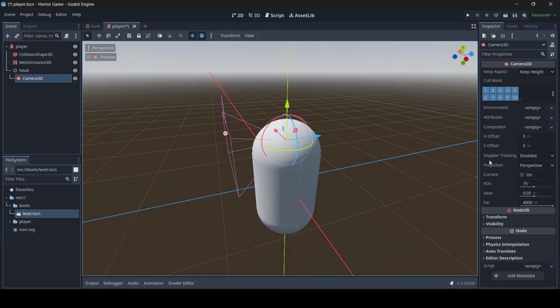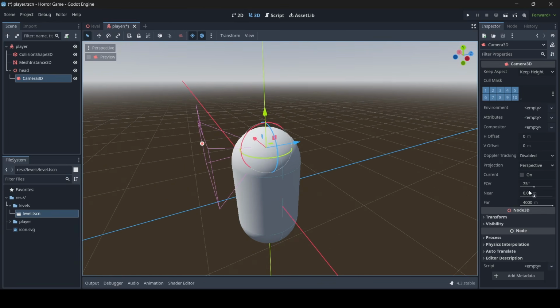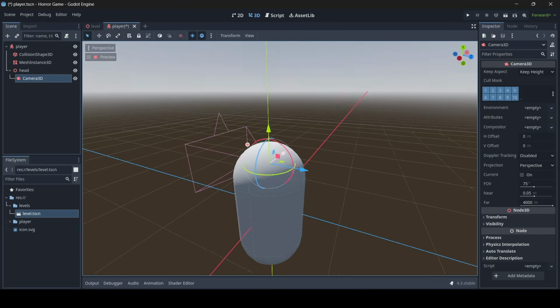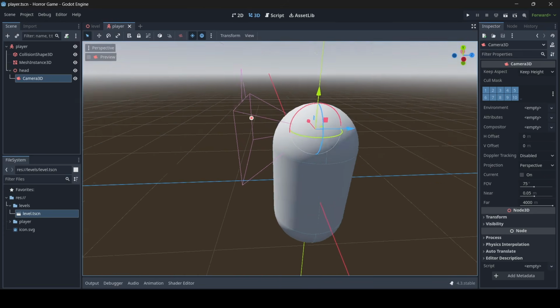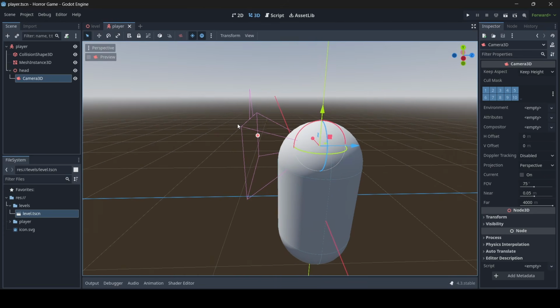There's a bunch of stuff to play around with here. I'm not going to be playing around with any of this stuff in this tutorial since it's not really needed. However, we might play around with it later on in later parts. Feel free to play around with it though if you want to now. So now that we've got our basic player set up in terms of its nodes, now we can actually get